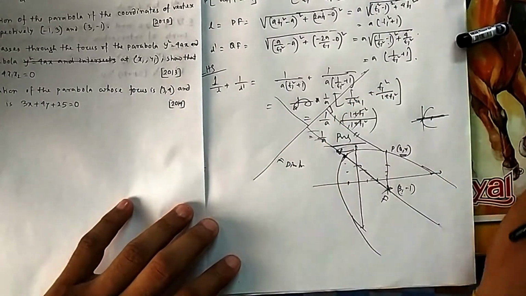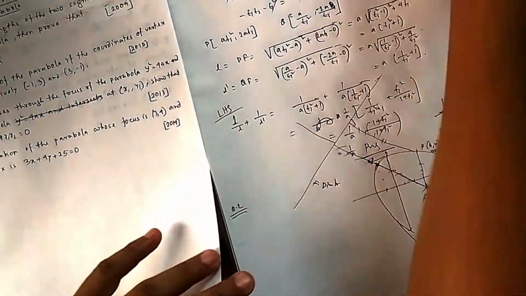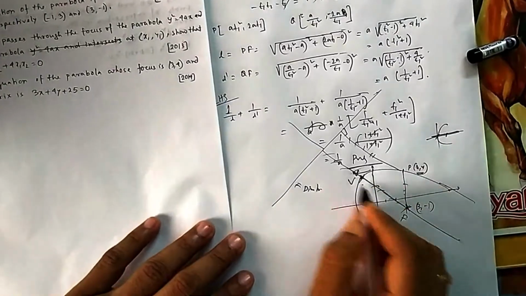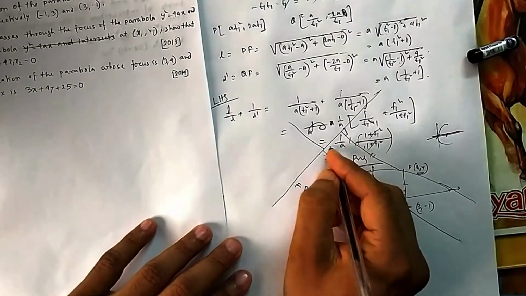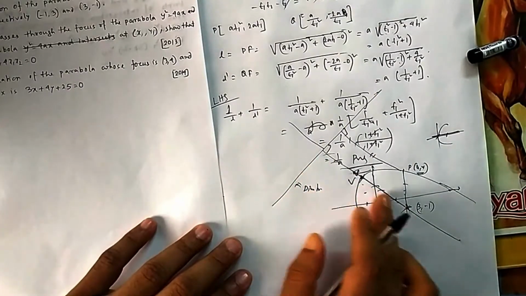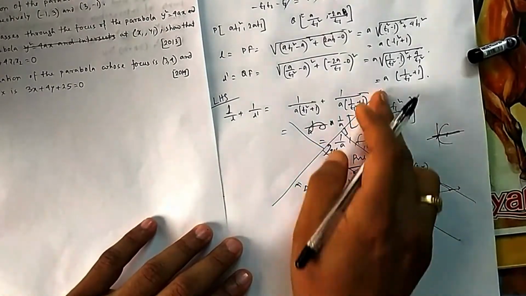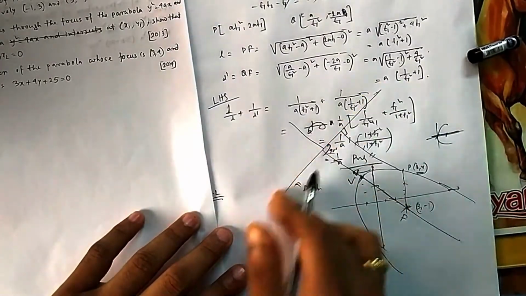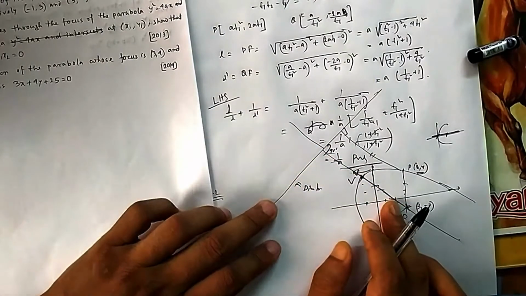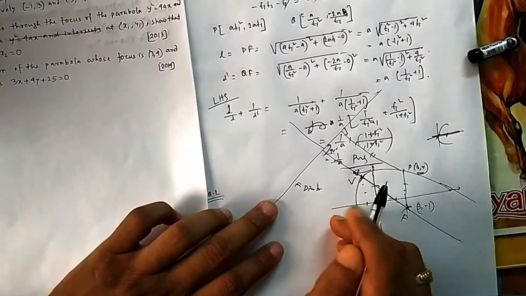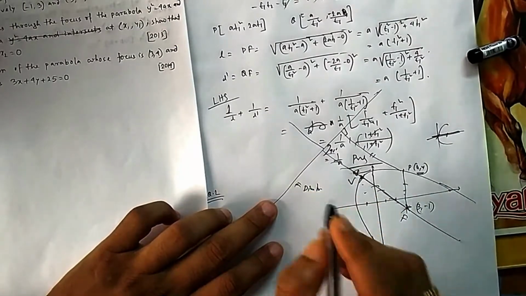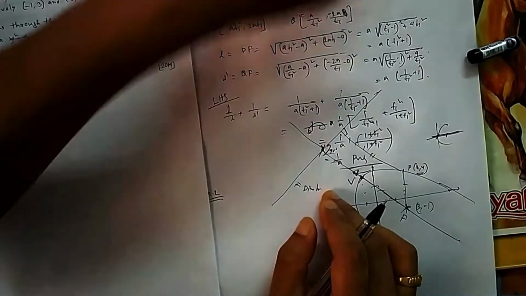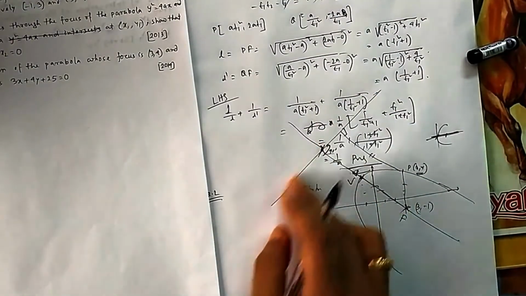For finding the directrix, one thing you can do, suppose this is V, this is F. You can find the slope of VF. From that you can find the slope of this directrix, because this is 90 degrees, so the directrix will be perpendicular to this. You can find it using m1 m2. So you get the slope of this line by finding the slope of this one and using the perpendicular condition. Another thing, you need a point. If you know a point and a slope, you can find the equation of the line.